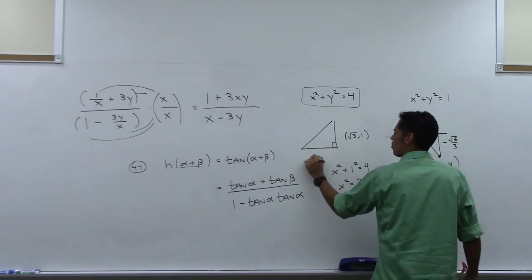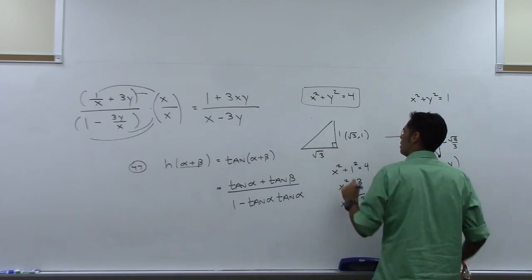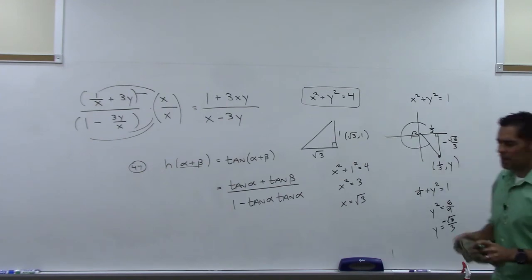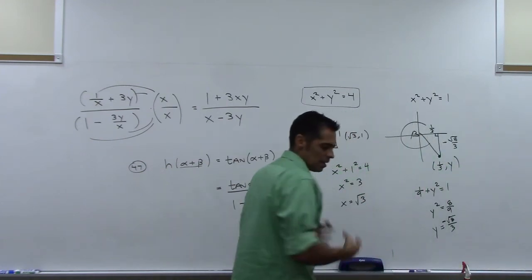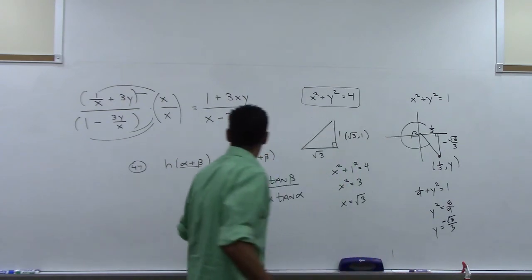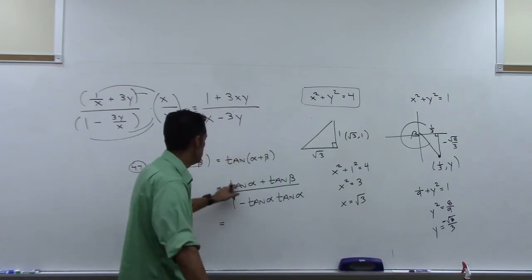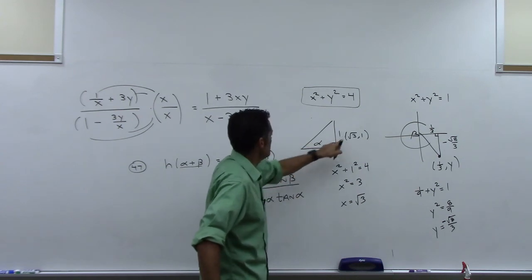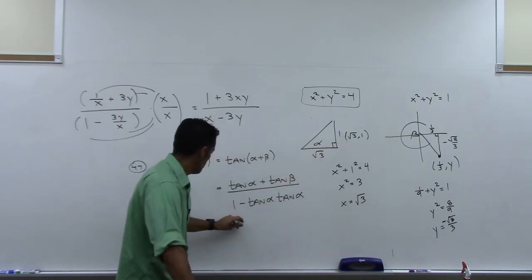The x coordinate was root 3, the y coordinate was 1. And then this triangle over here is this one. So let's just see how much easier this will be now that we have solid numbers in here. If I want tangent of alpha, I go to this triangle right here. This is alpha. Tangent is this side over this side. So this is 1 over root 3